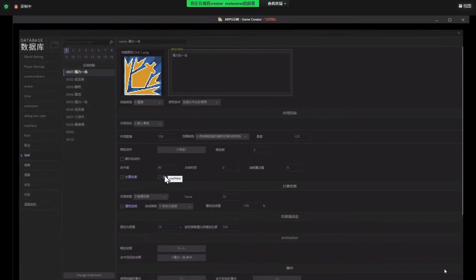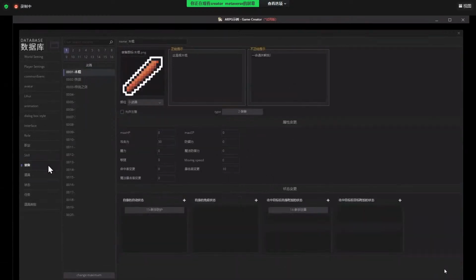In this template, we have the hating system. Currently, if we use this skill on the enemy, it will cause a 10 hate increase. Let's move on to the next one.